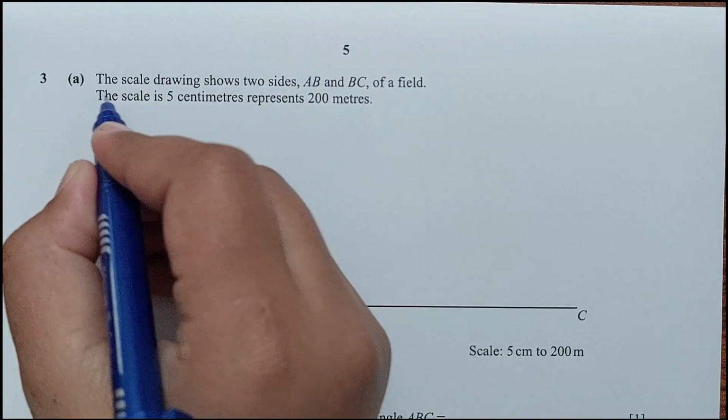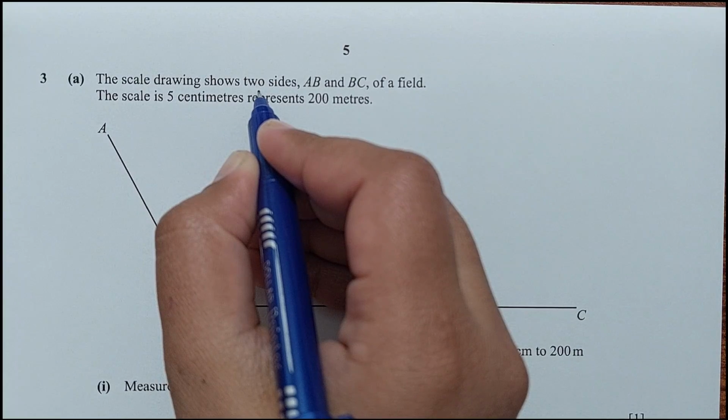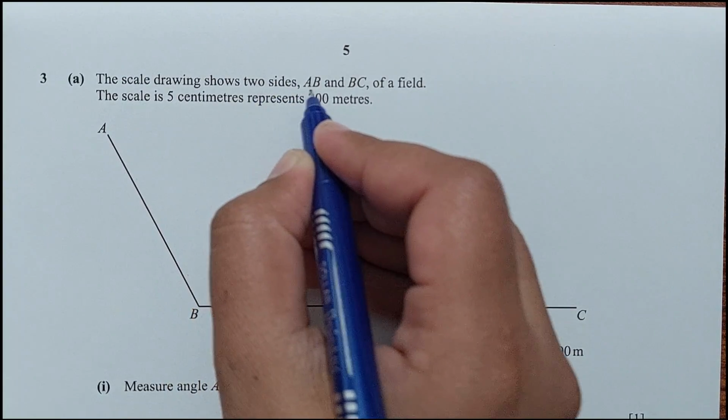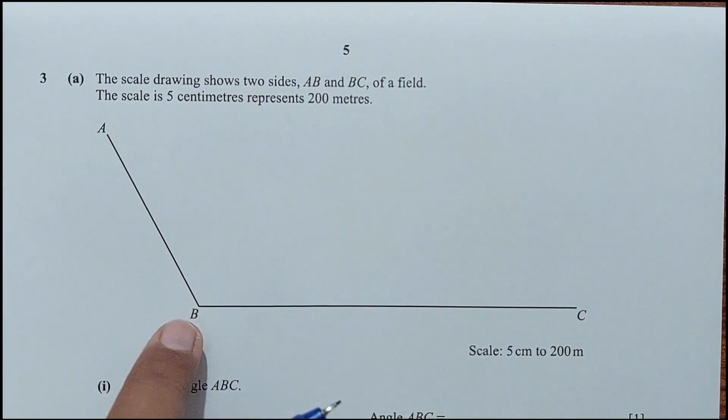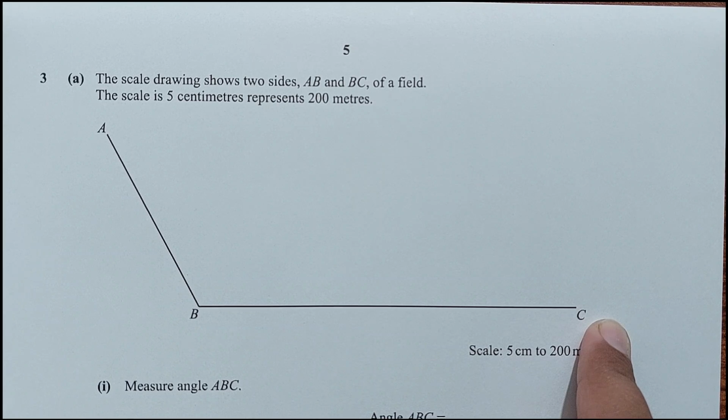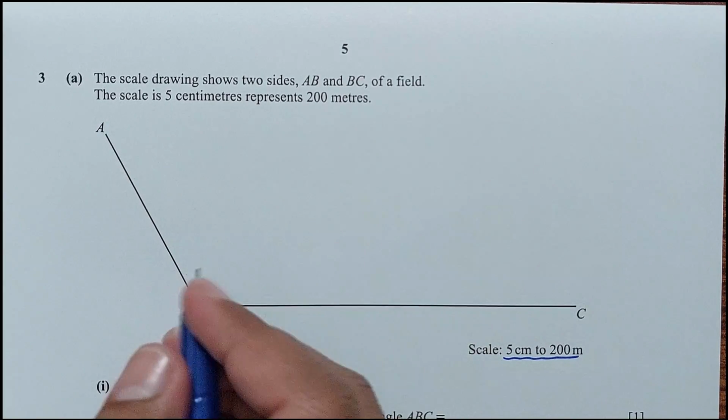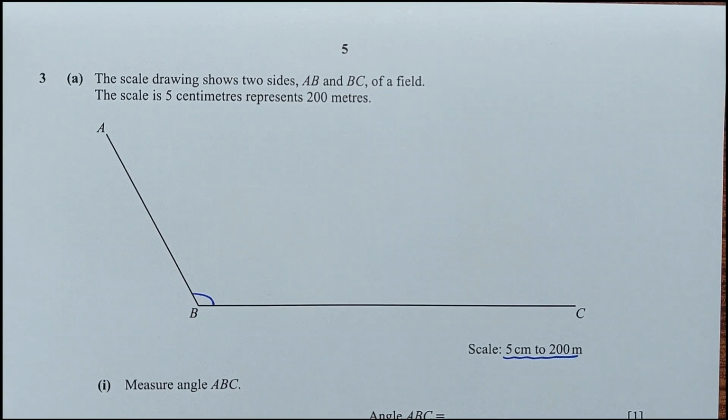Question number 3, part A. The scale drawing shows 2 sides AB and BC of a field. The scale is 5 centimeters represents 200 meters. Right. Number 1, measure angle ABC. This angle we have to measure. Right. So for